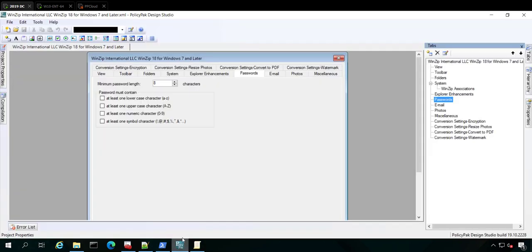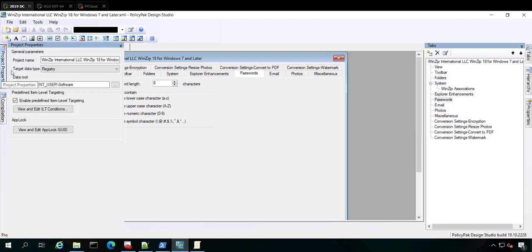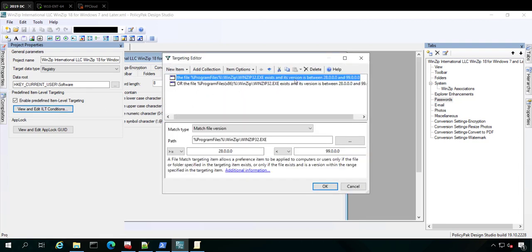Well, I've got the PolicyPak Design Studio here, and here's the WinZip AppSet kind of preloaded here. Basically, what's happening underneath the hood is if you go to Project Properties and check out the internal item level targeting, look at that! We're only going to write the value when this is WinZip. Well, it says 28 to 99, and I don't know why, but in WinZip land, 18 is 28 and 14 is 9. I don't know. It's really weird. The point is that this version, we're only going to write when we see the right version